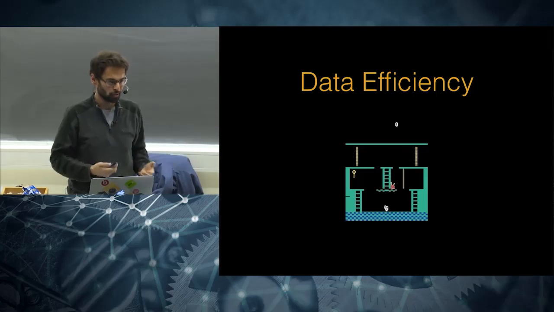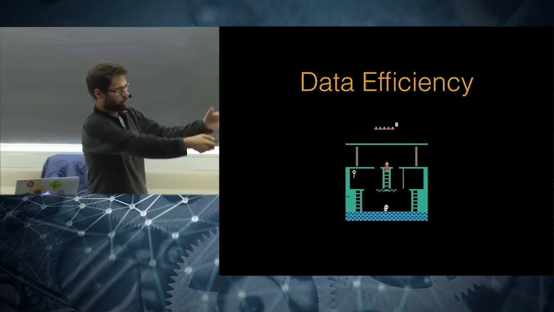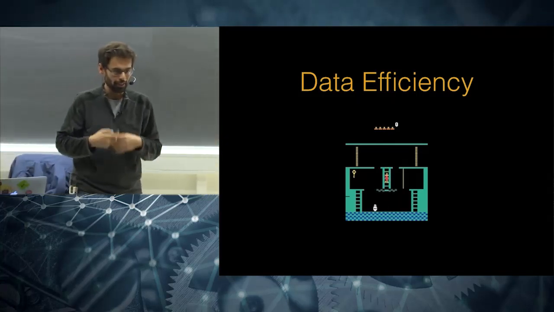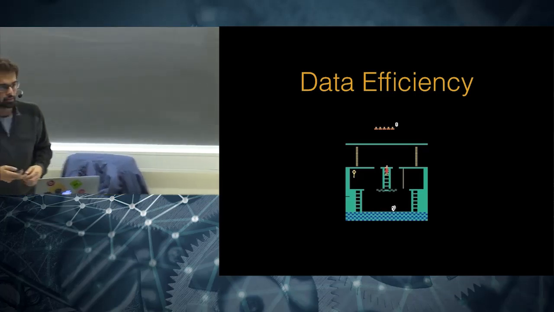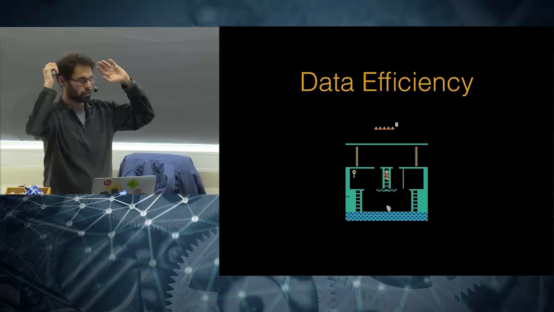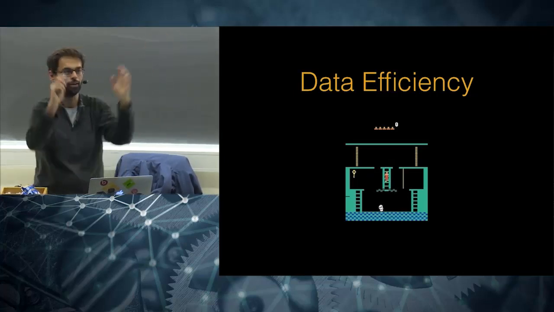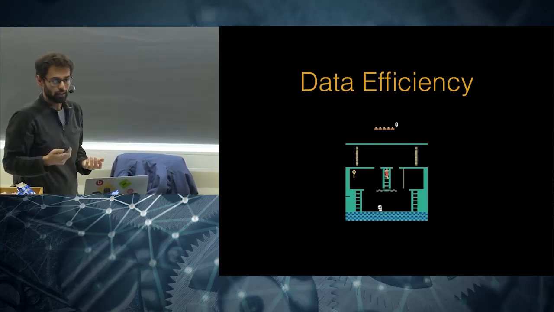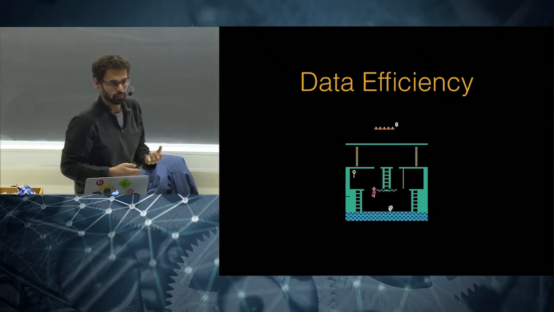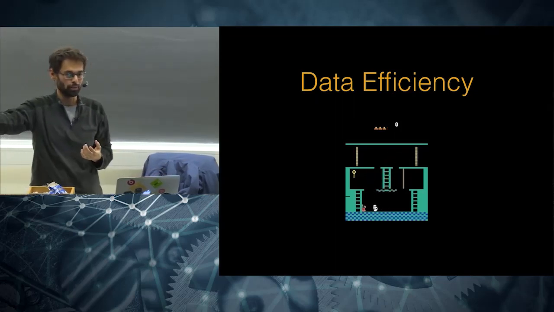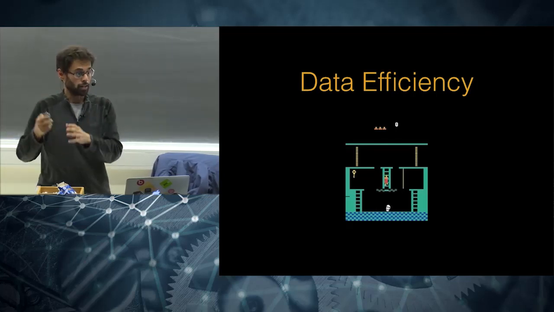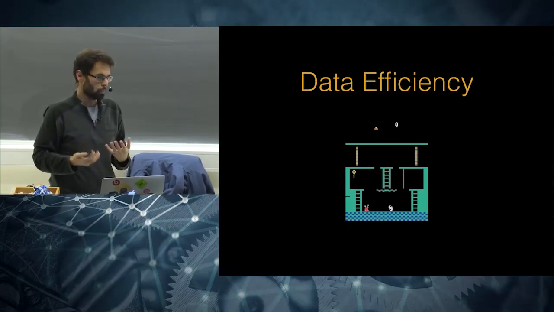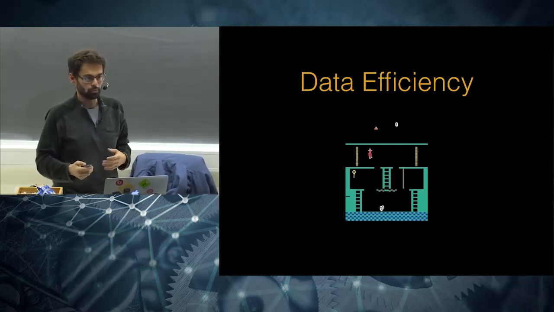It would be nice if you could just put an agent in the wild, and from very few samples of experience, it could get to some good level of performance instead of having to run loads and loads of trajectories and then try to come up with a policy. Also, learning from live data is expensive. You don't really want to put an agent in an unsafe environment, for example. You want to learn to some level with data that you have already, and then you may want to put it in the wild.